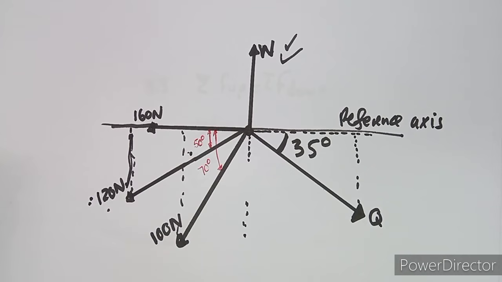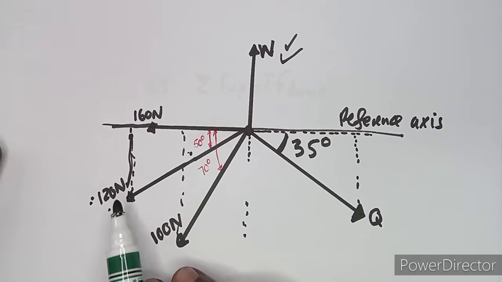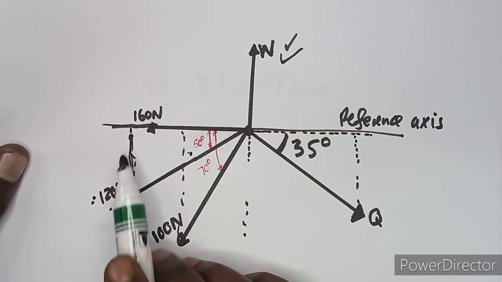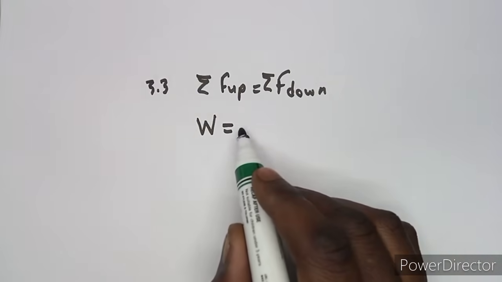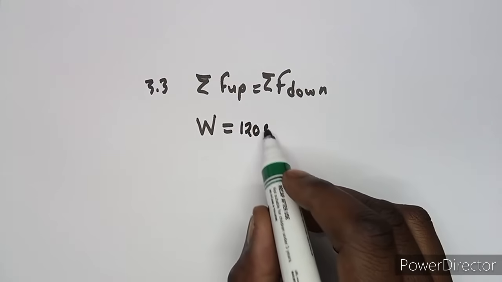So don't focus on the positive or negative. This one is going to be 120 sine the angle that is between, which is sine 50. So you've got 120 sine 50. Remember,